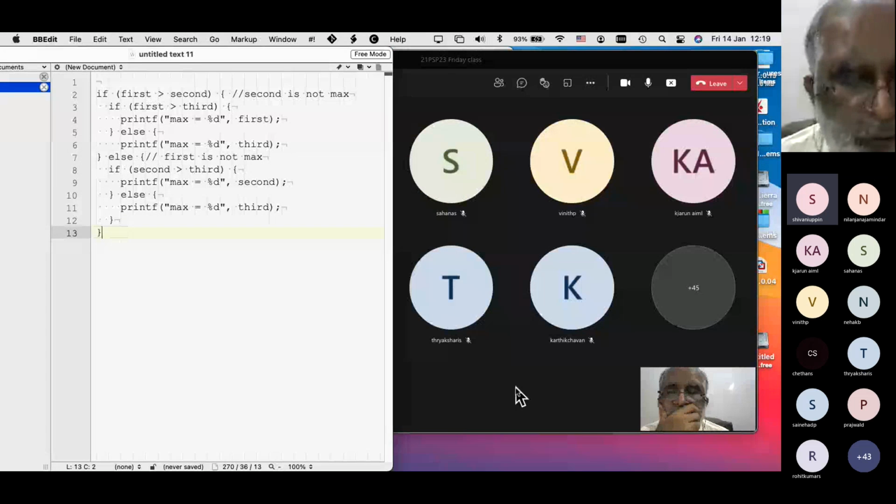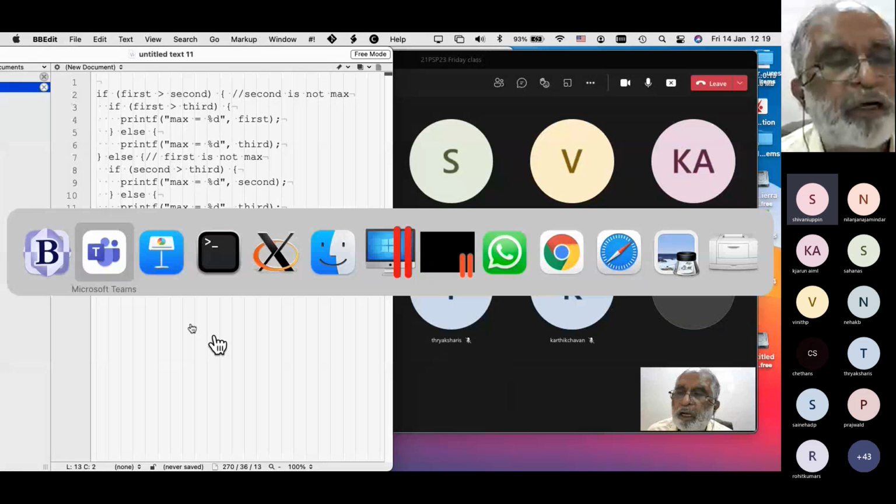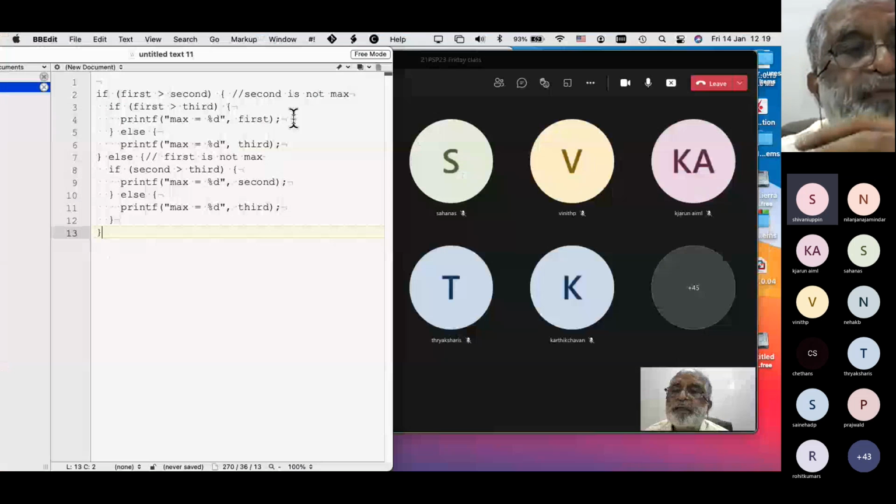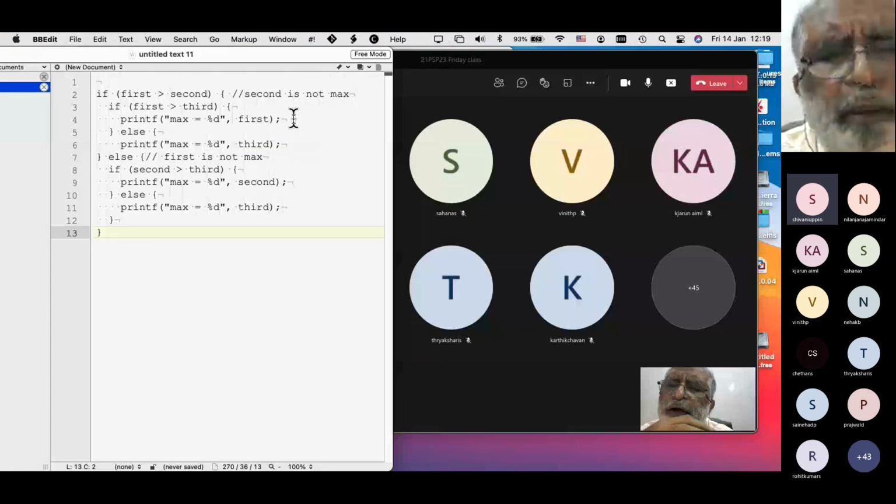So this is the first question we did. Let's look at the second question. Given three integers, can I print them in ascending order? The numbers given to you are 10, 5, and 12. What should be printed is 5, 10, and 12. If the numbers given are 10, 12, and 7, then it should print 7, 10, and 12. Using the same logic, how do you modify this program? You can assume all three numbers are unique, let's assume for the moment. It doesn't really matter.